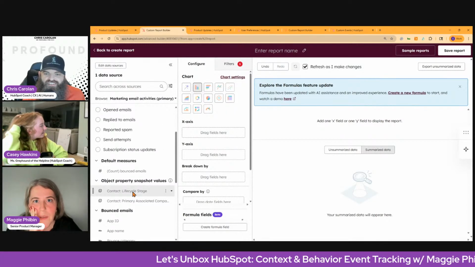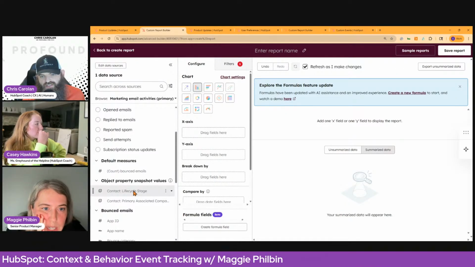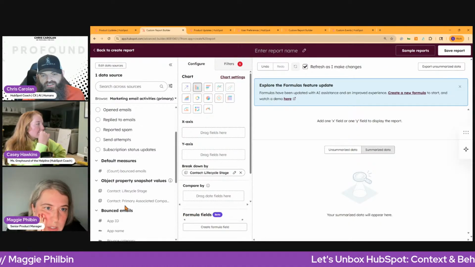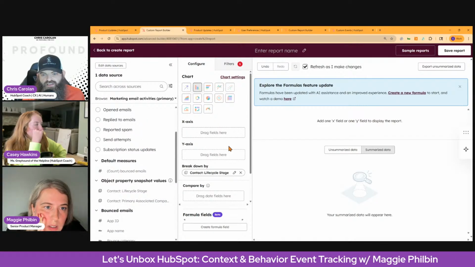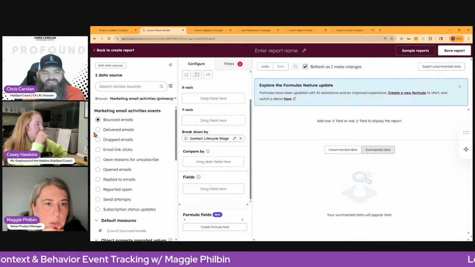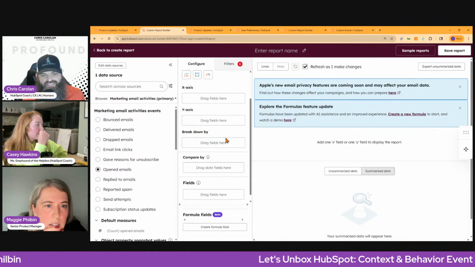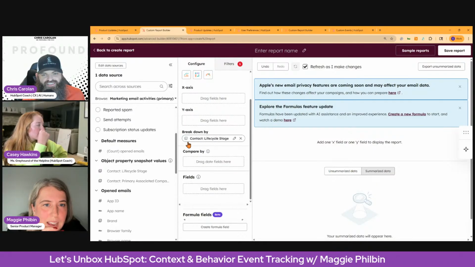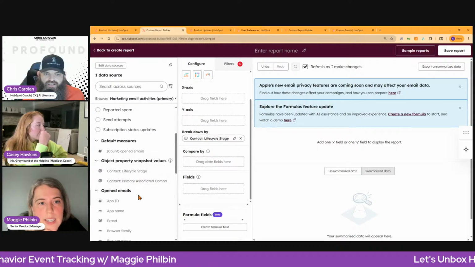Now grab your contact lifecycle stage and add it to breakdown by. And then add count of, well, you're looking at bounced emails. Do you want to look at opens? I feel like that's a more realistic example in terms of value prop. Am I looking at bounced emails? You just have to select in the top. You see opened email, you see all those events. And opened is in the middle of the list. Okay, and it reset your report build. That's great. Okay. Breakdown by. And then you can add the count of opened emails to the y-axis.